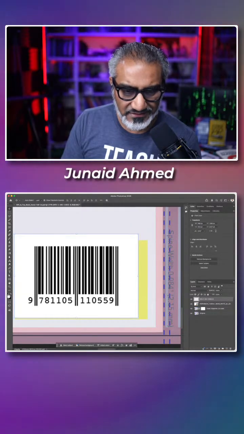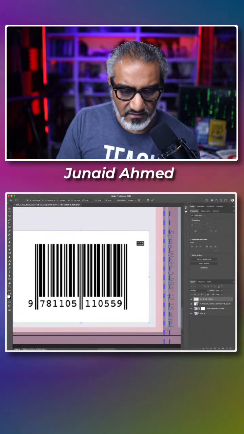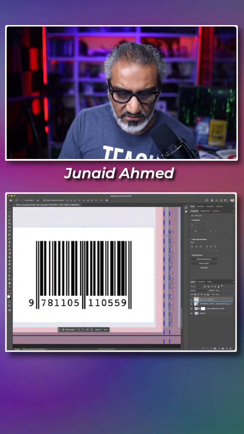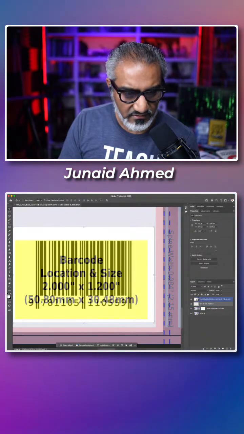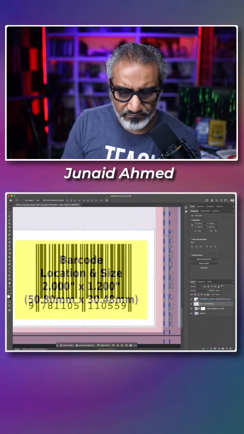And let's say I don't like this white background in this image. Well, we can totally remove that. So now it almost fits in that yellow box.